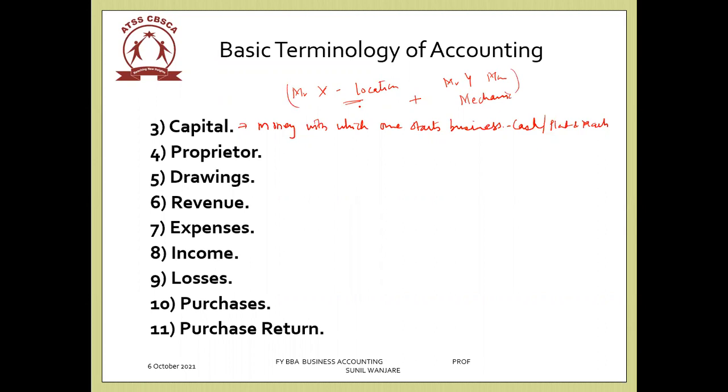It is also capital. There is no hard and fast rule that capital has to be in the form of cash. It could be in the form of raw material. I'll give a very common example. It may sound cheap. There are two friends, one has a very good location, and the second is a farmer with sugarcane in his farm. Now they want to start a juice center. The person with the good location will contribute his premises as capital, and the farmer will contribute sugarcane as raw material. So even that raw material of sugarcane is considered capital in the business. Capital can be in cash or in kind also, my dear students.